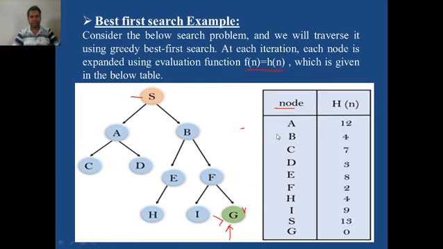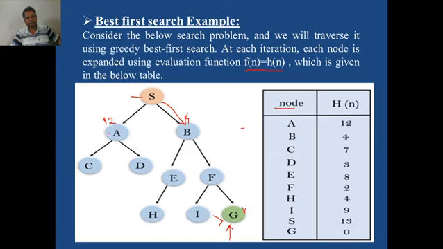So you can find here what is the heuristic cost of A. It is 12. So 12 is written here. What is the heuristic cost of node B? It is 4. So it is imperative that as compared to 12, 4 is low. That's why after S, node B will be explored. Means after S, the search tree is traversed to node B. It is not traversed to node A, because the heuristic cost associated with node A is 12.